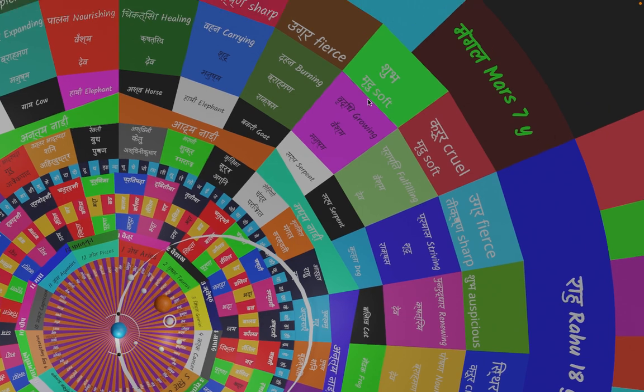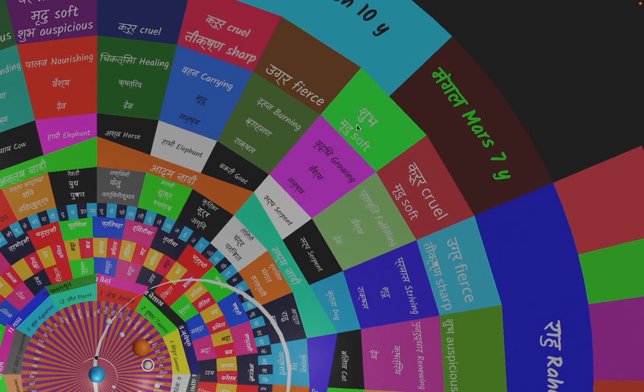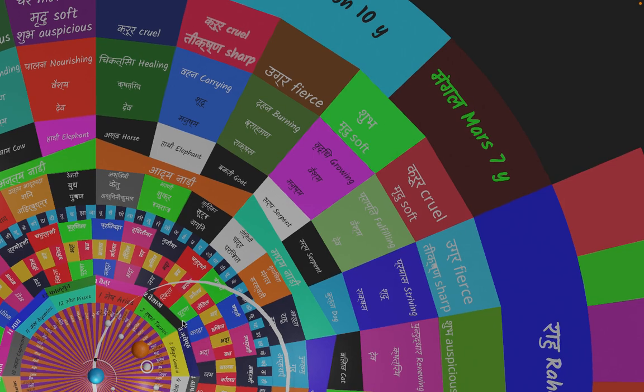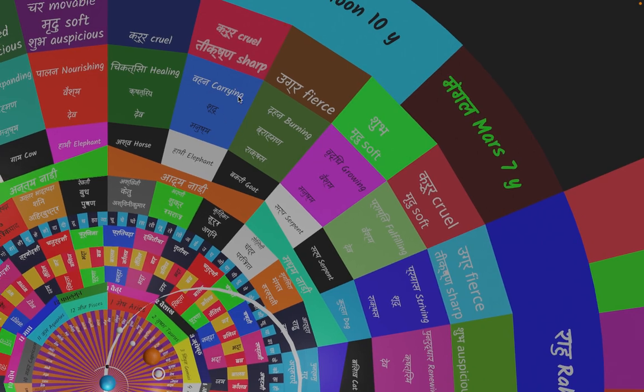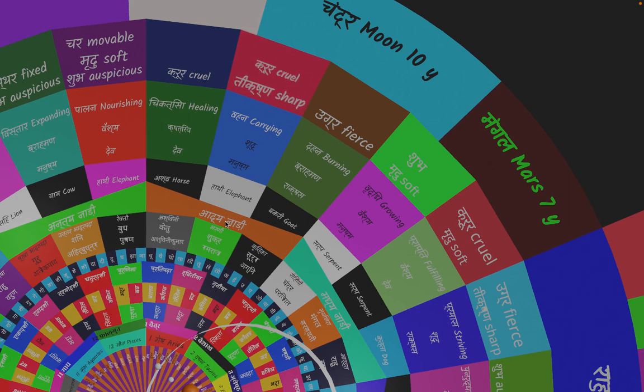Further, there are the energies associated with these nakshatra types. Here this nakshatra is Shubh, meaning it is good for things like marriage and all those occasions where we don't need the kind of cruel nakshatras. Here, if you look at this nakshatra Bharani, this is both cruel and sharp, Tikshna and Krura. Sometimes, for some kinds of occasions, we need a nakshatra that is very sharp, fierce. So this is that type. So this is much about the nakshatras.